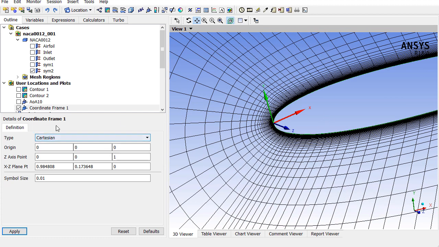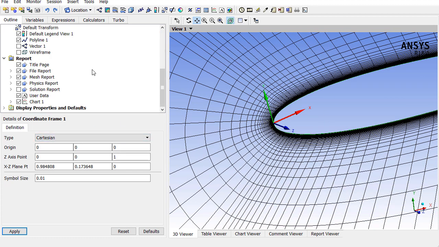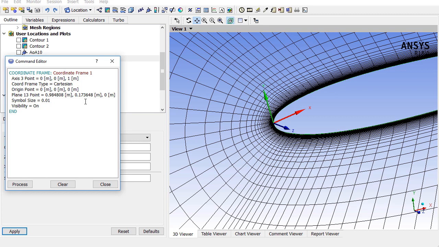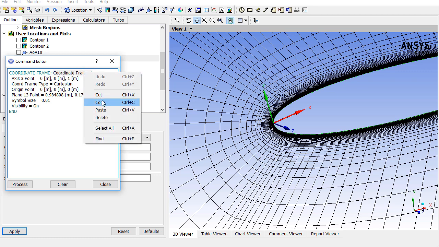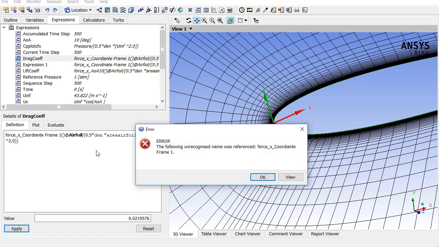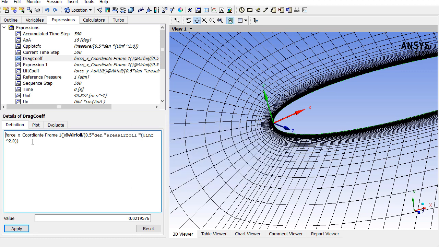So after defining the coordinate frame, now we can modify the expressions for the lift and the drag coefficients. You can copy the name and put in the expression.